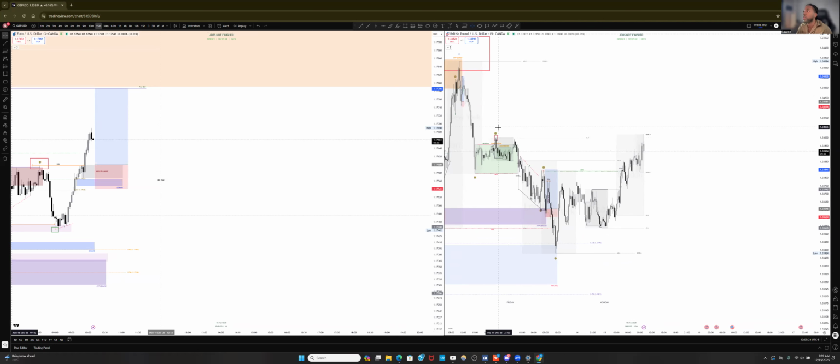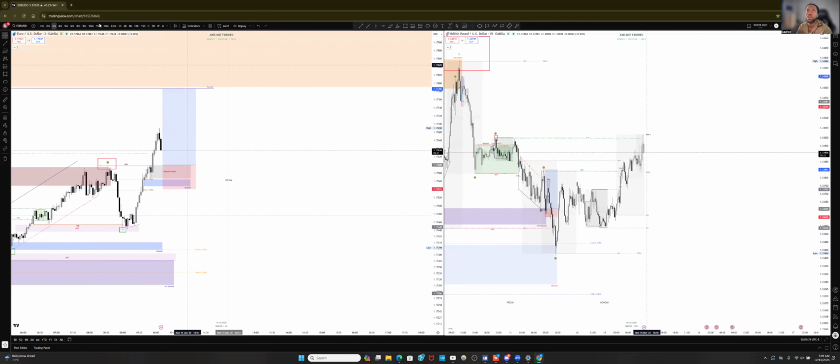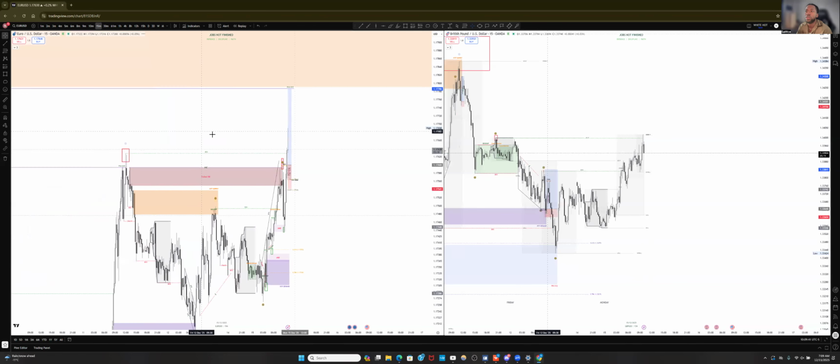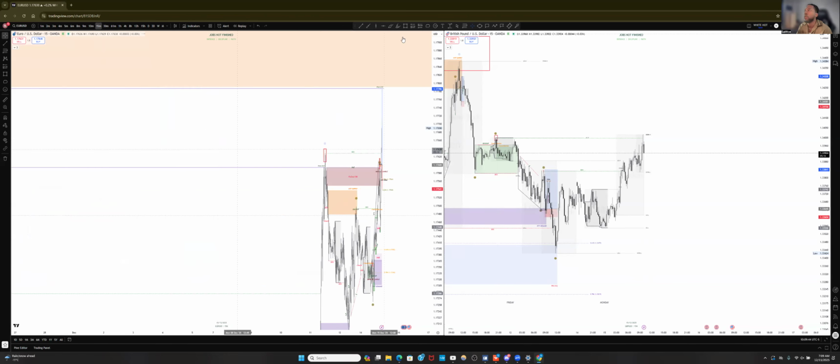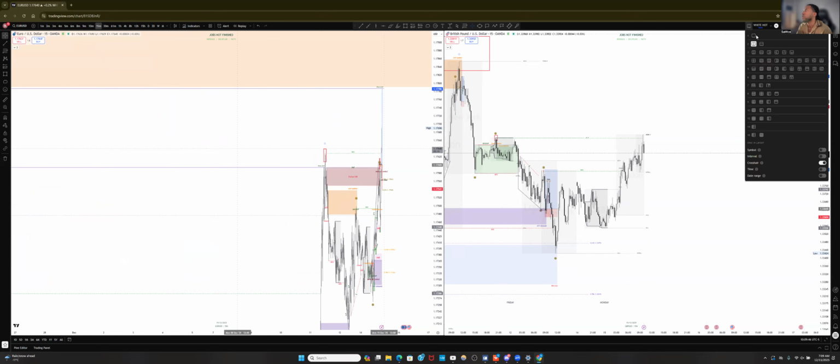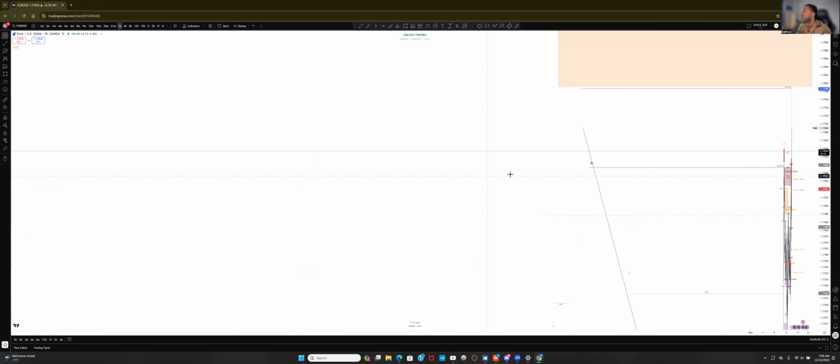This inducement of this Asia high for GU, what could that tell us? This is Asia high from Thursday on a 15-minute inducement. Where is EU currently at? What zone is this that it's taking? Let me take a look. Is EU doing a medium inducement of some sort, with EU.